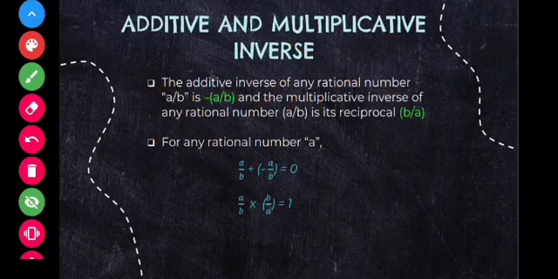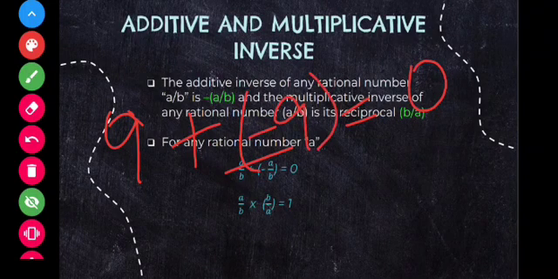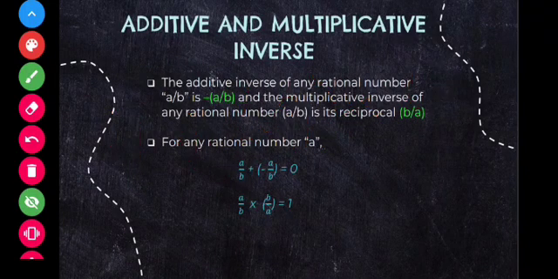Let's take any number. You again have 9 here. Okay, same way you have to add some number here such that your answer is 0. What number you will add here again? It's obvious, you will add minus 9. So the inverse of any number a is the negative of the same number, minus a.